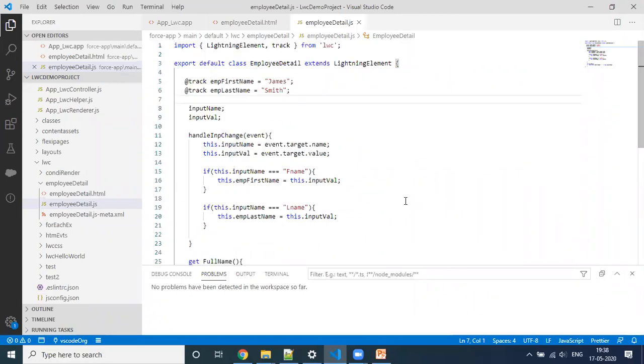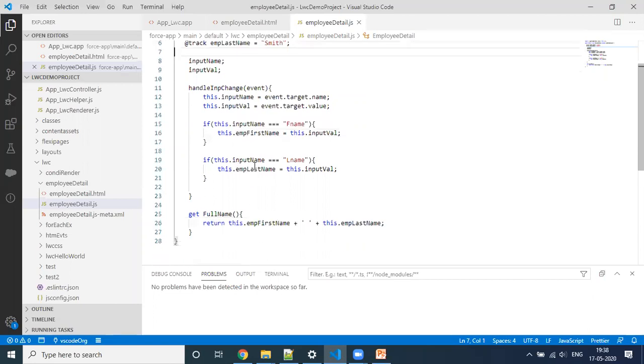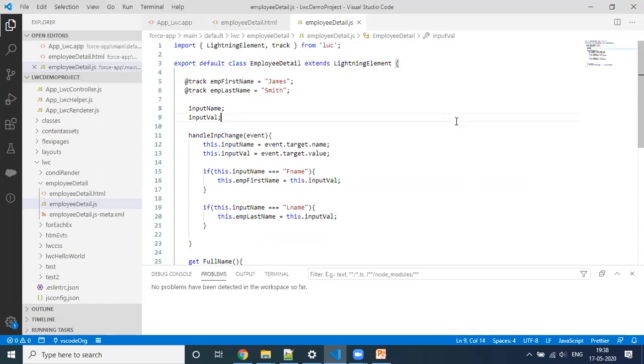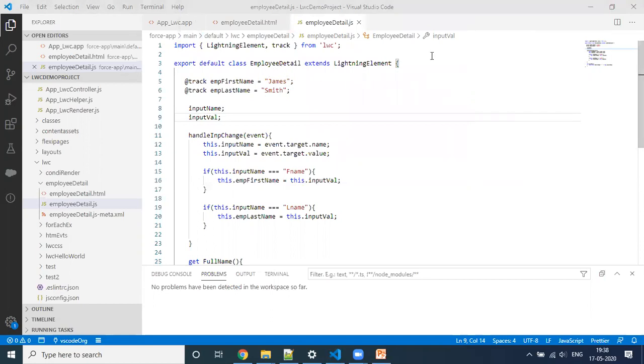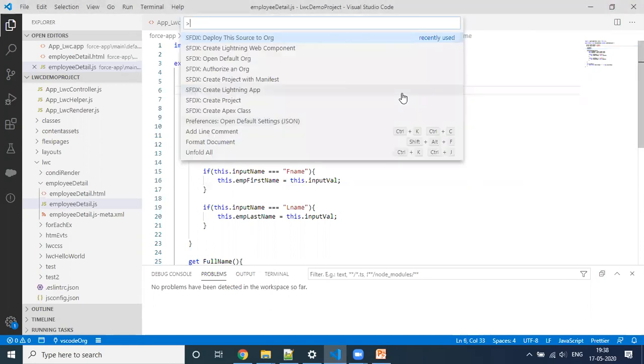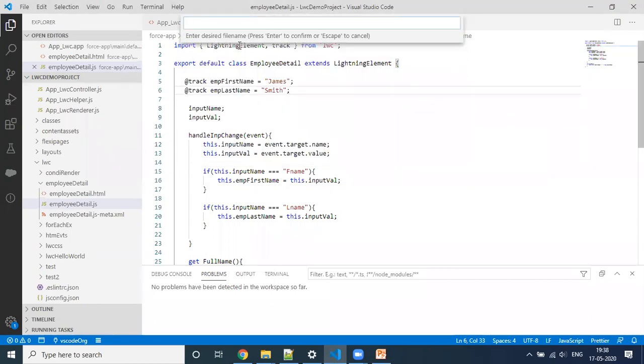Yes, I'm going to discuss that one. Inside component composition, we are going to understand that. Okay, we're going to create one more component here, and I'm going to give it a name like parent component, or we can say employee parent component.